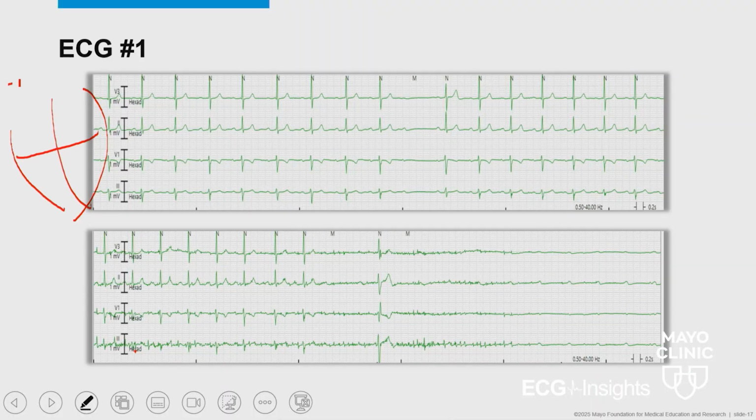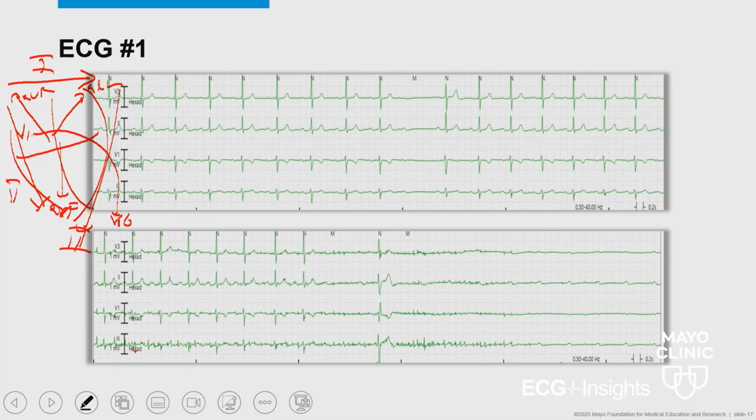So in the heart, lead 1 goes from the right arm to the left. So that's lead 1. Lead 2 goes from the right arm to the leg. And lead 3 goes from the left to the leg. And then you have these augmented leads, AVR, AVL, and AVF, that go to the right, left, and the foot respectively. And then you have the precordial leads, which start at the right fourth intercostal space and then go all the way to the apex where you find V6. With that background, we look at all of these ECGs and try to figure out, okay, where things are coming from and if they make sense with the clinical picture for the patient.